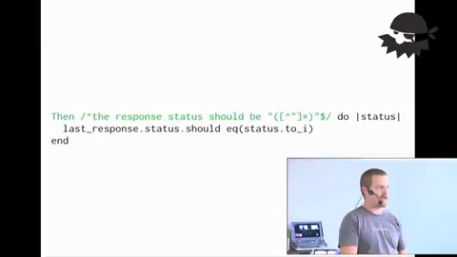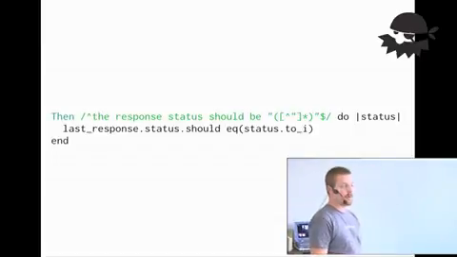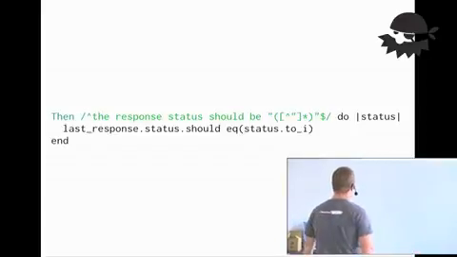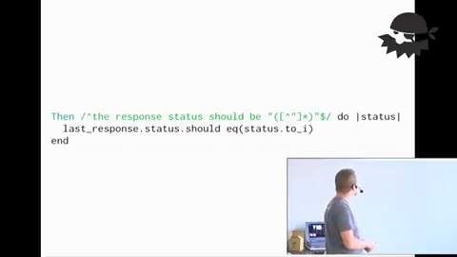You can get the headers that came back, you can get the body, you can get the status, which is what I'm doing in this case. And all I want to do is check that the status is equal to that code that came in. Pretty straightforward. Again, the regular expression on the right there after the should be